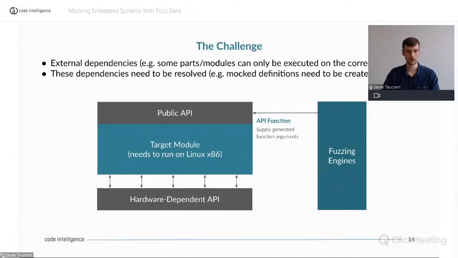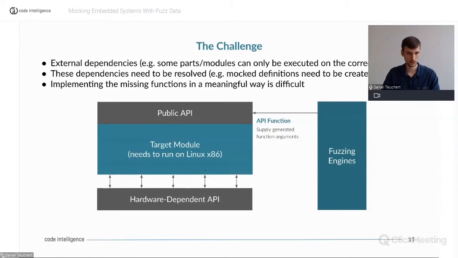So we need to somehow create a mocked version of this API. We don't want to recreate all the logic. The important thing is that we need something that takes the same function names, the same arguments, and returns the same kind of data. But implementing these functions in a meaningful way is very difficult, because